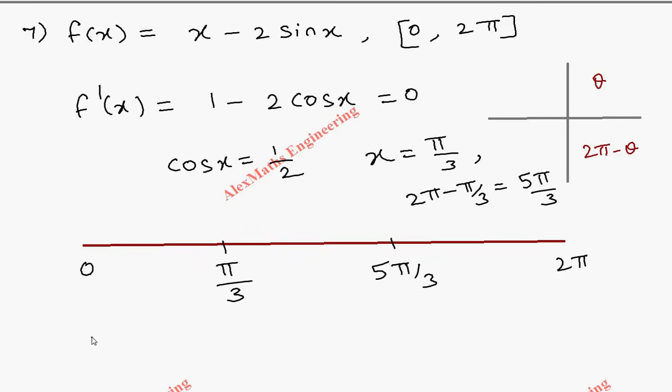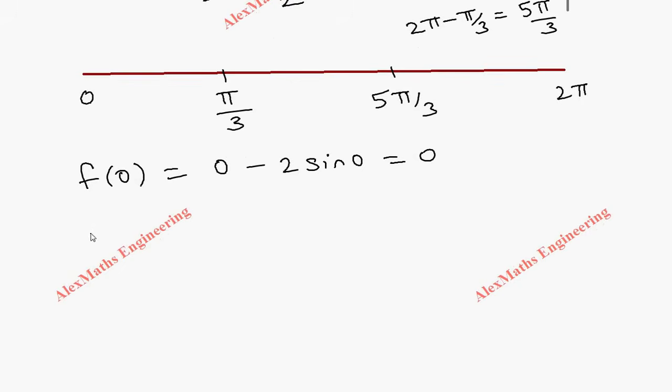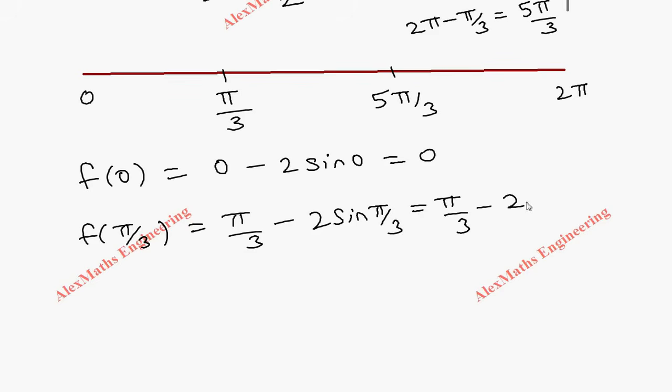Now f of 0 we have to find, which is 0 minus 2 sin 0, totally 0. Then f of pi by 3 gives pi by 3 minus 2 sin pi by 3. So this gives pi by 3 minus 2 into root 3 by 2. You can cancel this, and after calculating by taking pi as 3.14 we get minus